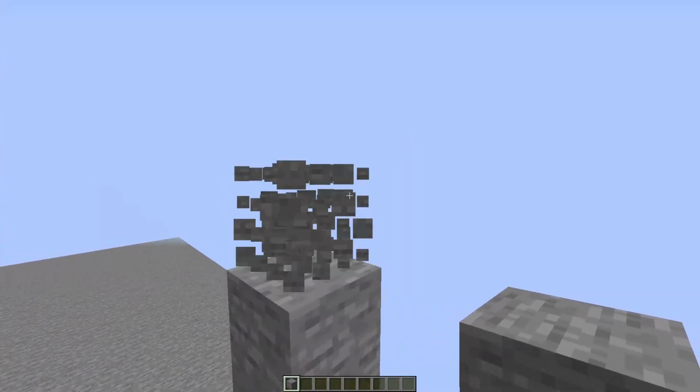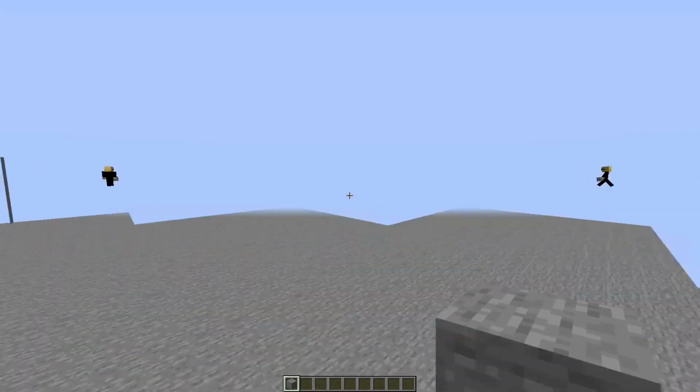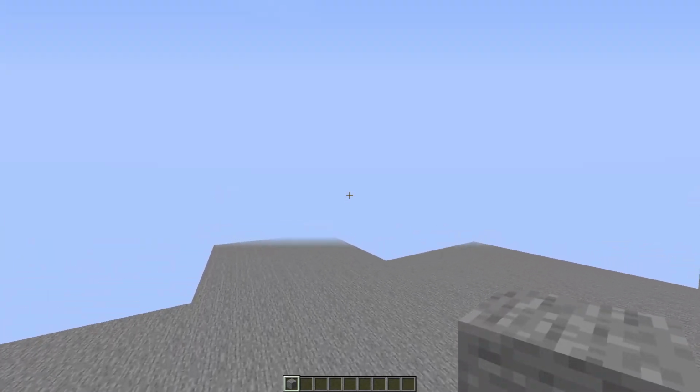So now, as you can see, we have this, but because I did this wrong, see how it actually went inside of this block? So just go ahead and break that. And now you can't see it anymore. Now, you kind of can still,